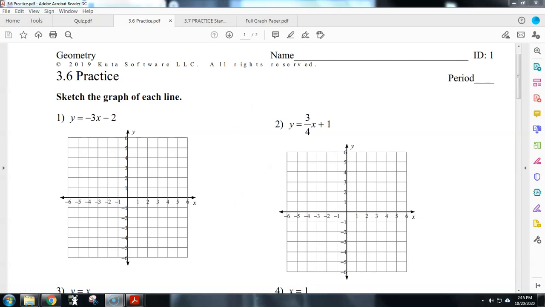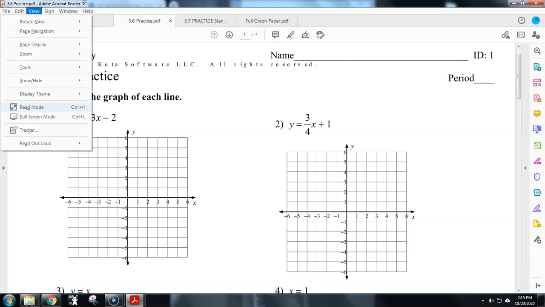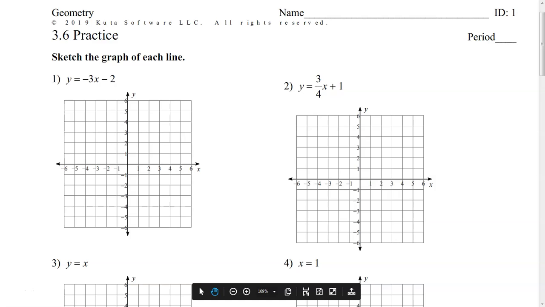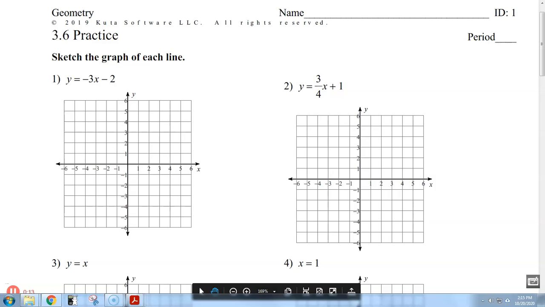All right, 3.6 practice. Let's take a look at some of these problems. Make the screen a little bit bigger. We're ready to rock and roll. So number one, sketch the graph of the line. Nice thing is they give it to me in